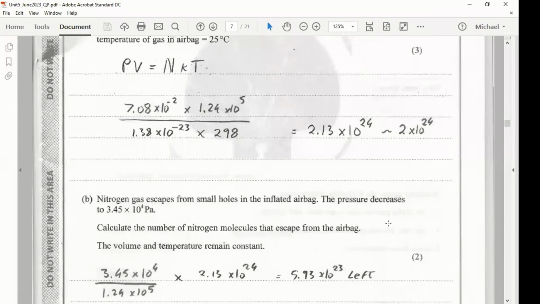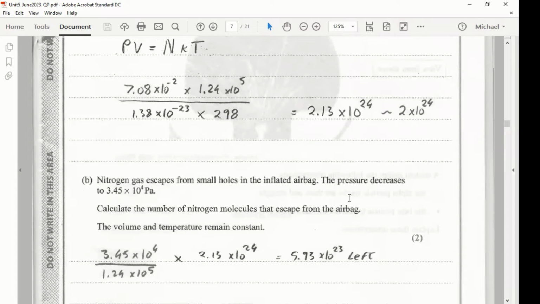Nitrogen gas escapes from small holes in the inflated airbag. The pressure decreases to that number. Calculate the number of nitrogen molecules that escape from the airbag. And you're told the volume and temperature remain constant. So what we're doing here, because the volume and temperature remain constant, the pressure will be directly related to the